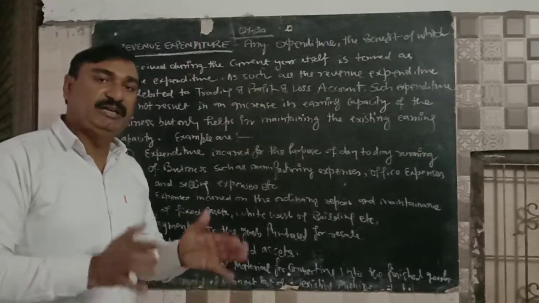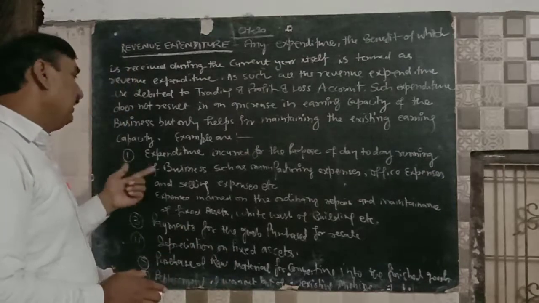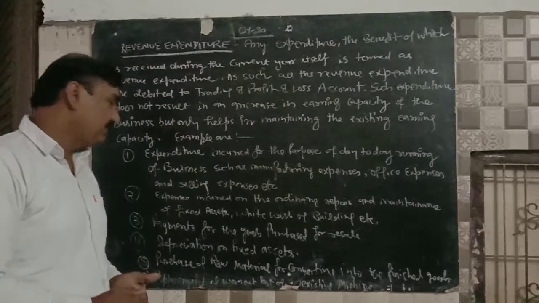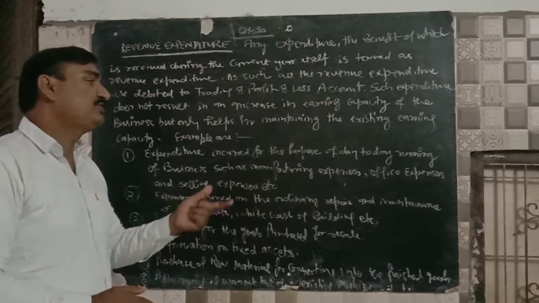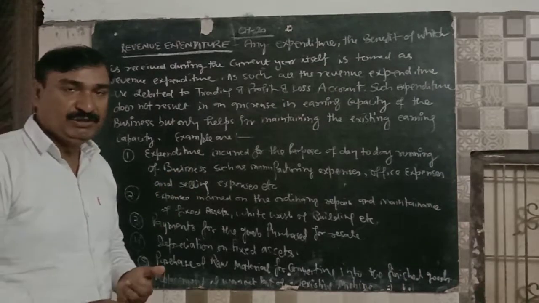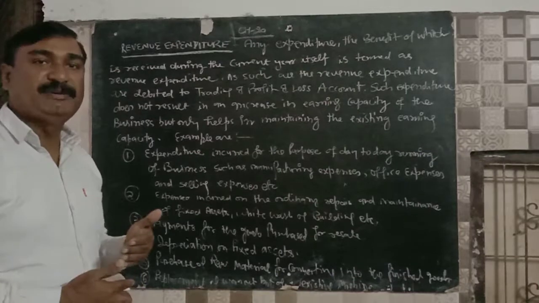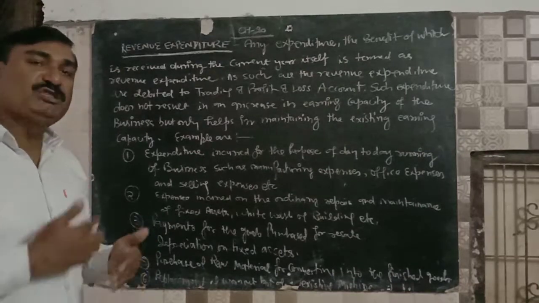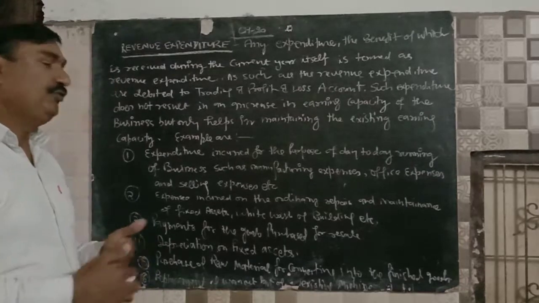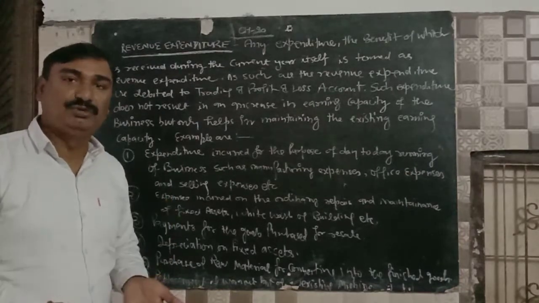I will give you the detail of this expenditure, and these are: number one, expenditure incurred for the purpose of day-to-day running of business, such as manufacturing expenses, office expenses, and the selling expenses. As you know that we want to run our business smoothly, and for this purpose we have to make many expenditures, such as manufacturing expenses, because if we are a producer and we manufacture some goods, we have to